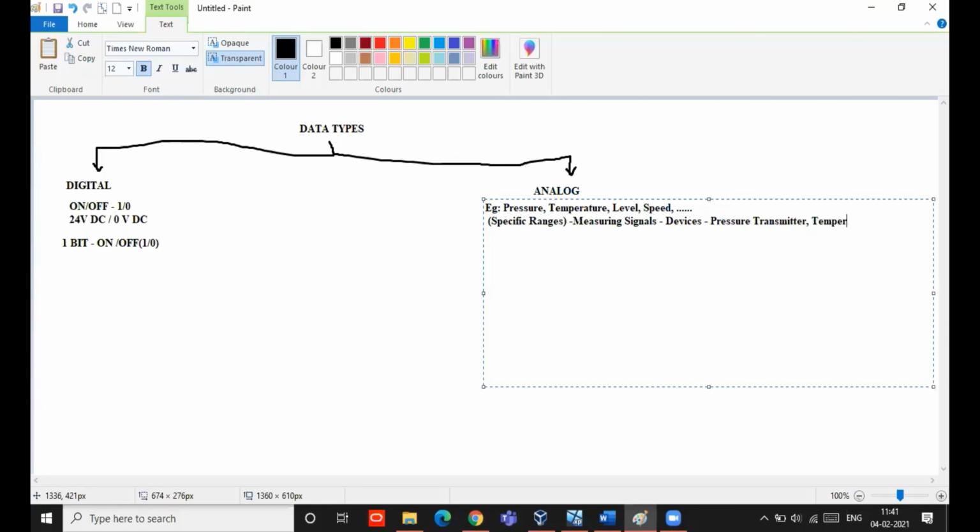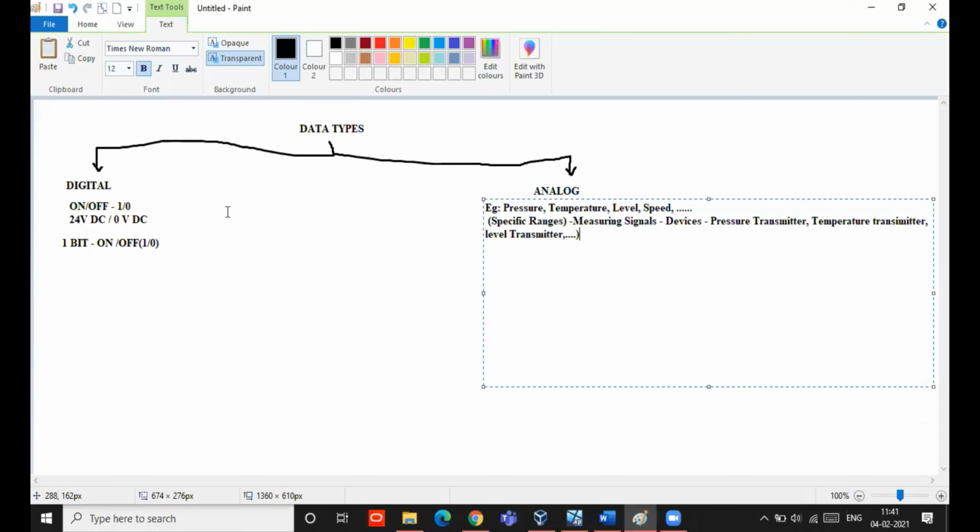For temperature, a temperature transmitter, and we have different devices like RTD and thermocouple. For level measuring, we have a level transmitter and different types of analog level sensors.